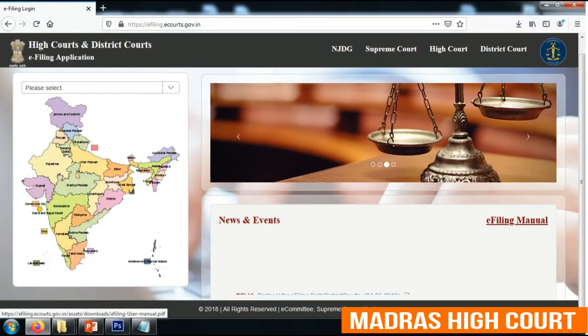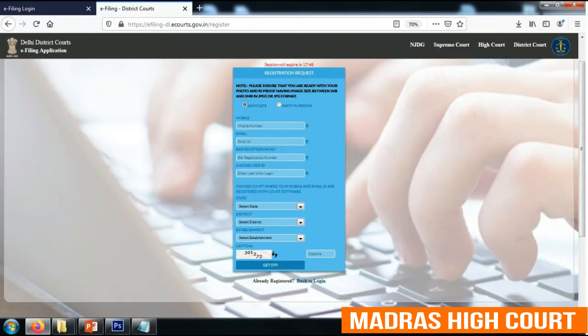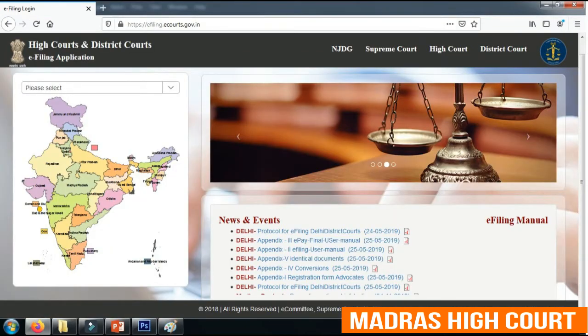This video tutorial aims at picturizing the step-by-step process which a user has to follow to successfully file a case before a court of law in online mode. Once a user has successfully registered his credentials in the e-filing portal, he could use his user ID and his credentials to log in to the e-filing application to file a new case.